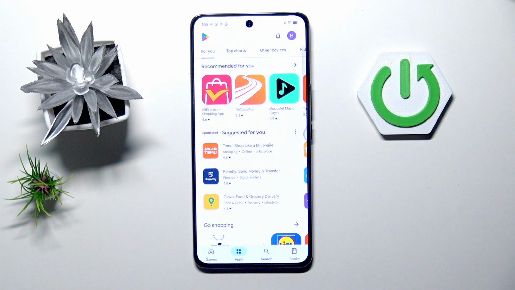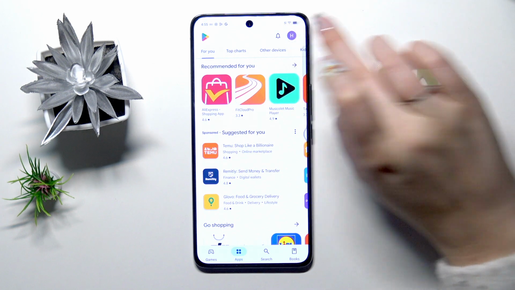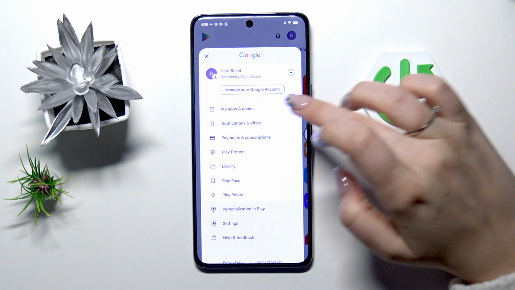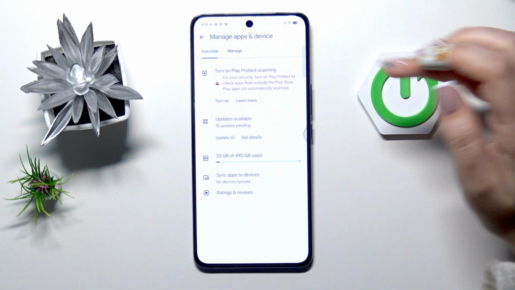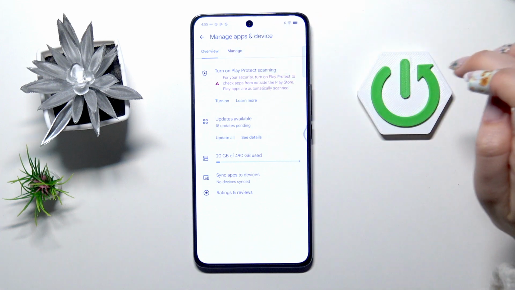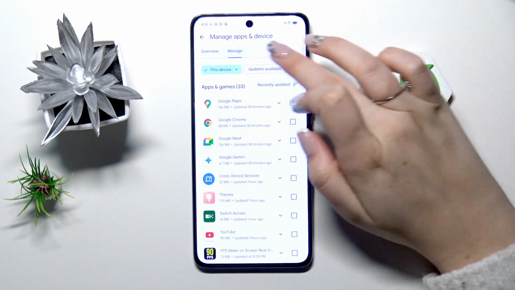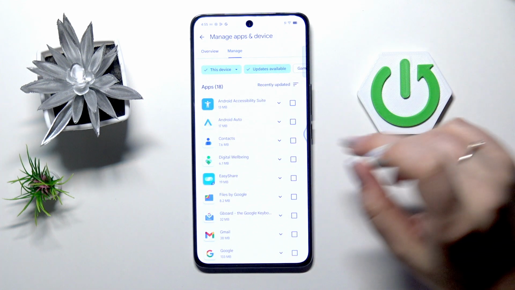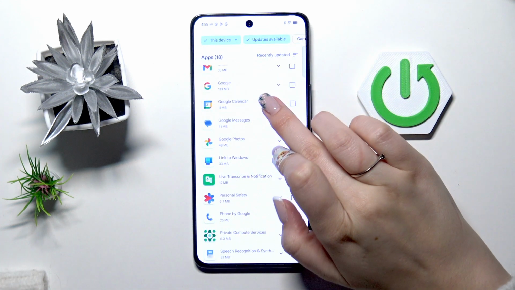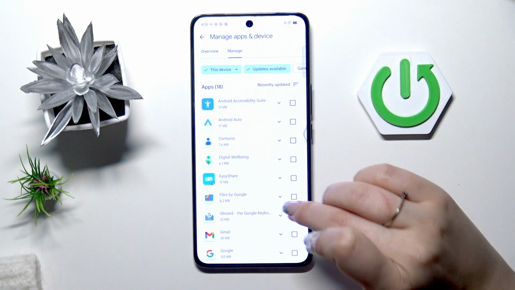Alright, so now we are in the Google Play Store, so we have to tap on the circle in the right upper corner, which is our account. Then let's tap on My Apps and Games, and then tap on Manage. Here we have to tap on Updates Available, and as you can see, we've got some updates which are pending,